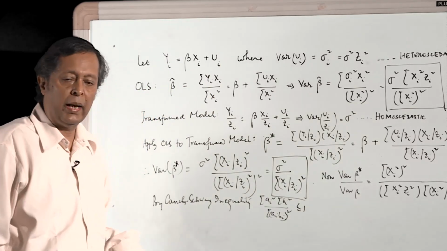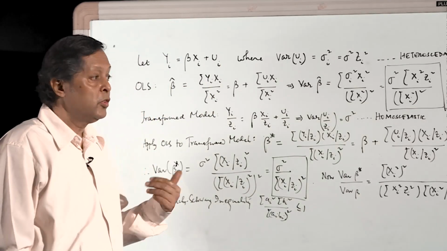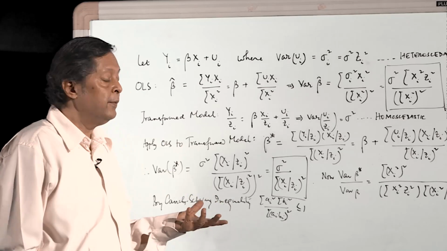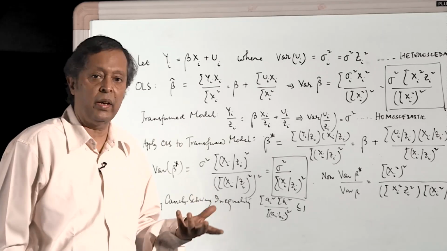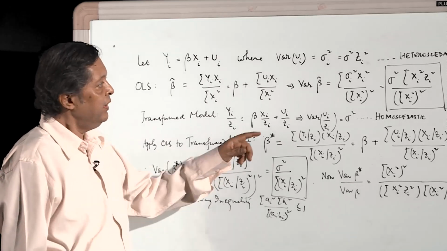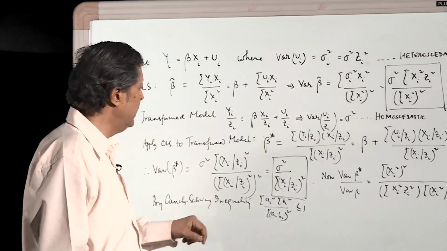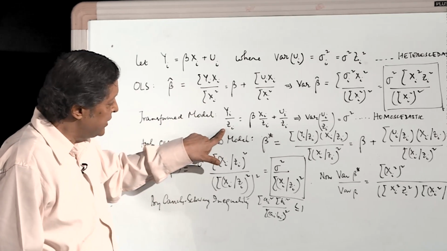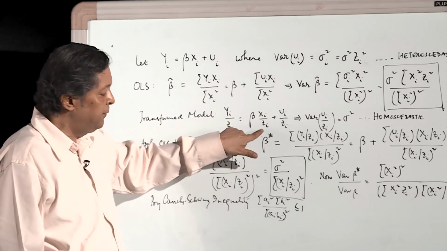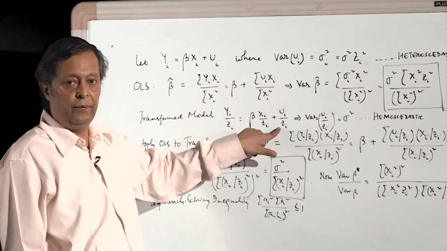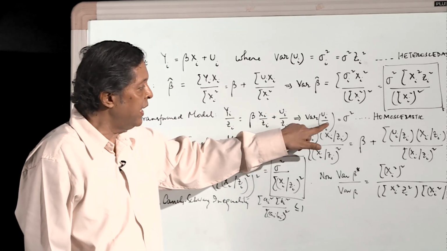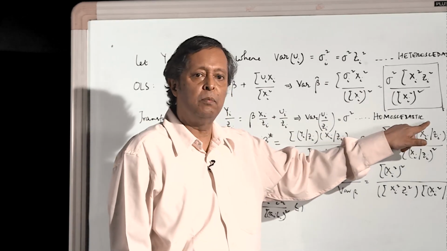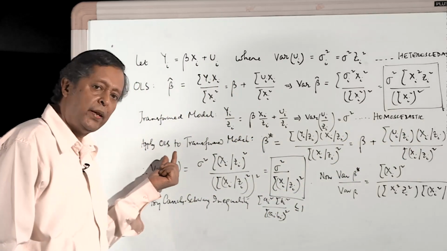Now, we have already taken a look at the concept of transforming the model. Remember, we had said it was a feasible generalized least square. Otherwise, supposing we had some idea about sigma square, sigma i square, and we know this sigma square and this zi square, then we can deflate the whole model by zi. So, yi divided by zi is regressed on the new variable xi deflated by zi, and ui itself deflated by zi. The variance of ui by zi will now be sigma square. So, this transformed model has become a homoskedastic model, and we will once again apply ordinary least squares, but on